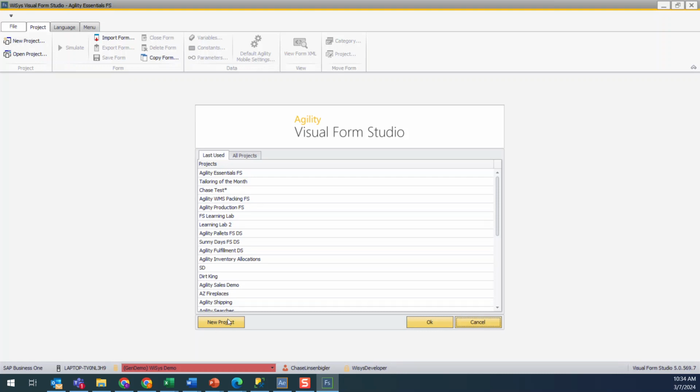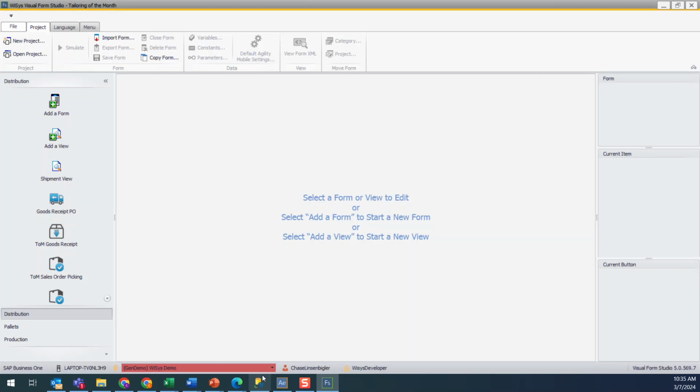If you don't have one already, you could just make a new one and call that tailoring of the month or batch issue form or something like that. I have a tailoring of the month custom project here that will not be overridden that I've already made. So I'm just going to go ahead and open that up. And then from inside of there, we're simply going to go in and make a copy of our standard goods issue form. So I'm going to go up to copy form here,